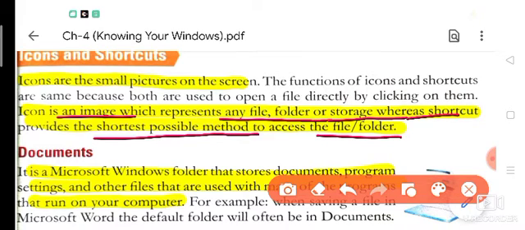So if we have to reach a file quickly, we use a shortcut.